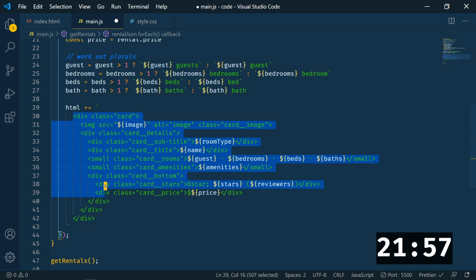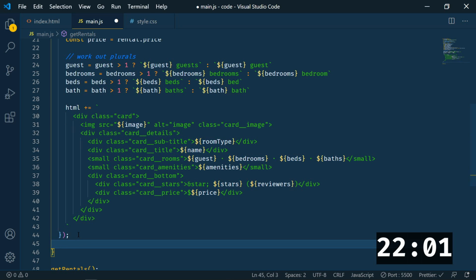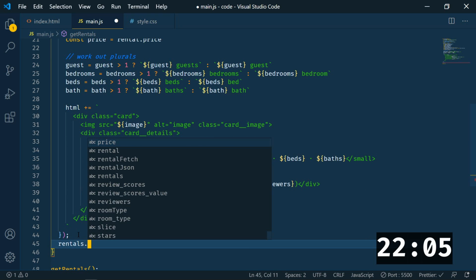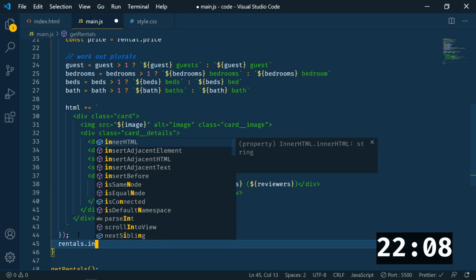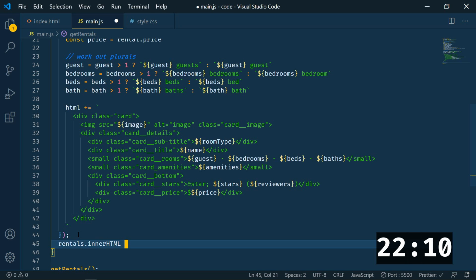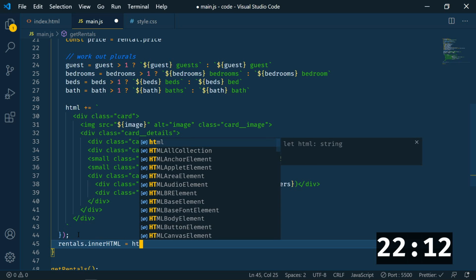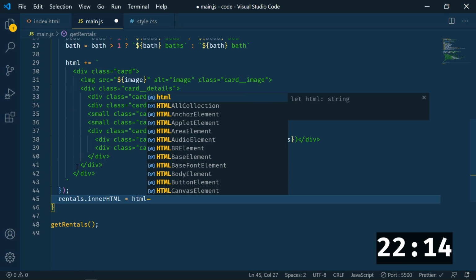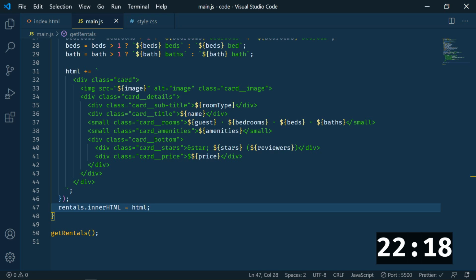All right, and so now that's going to loop through each one. It's going to create this HTML for each one. So after our loop, which is going to be right here, we'll say rentals, which is our rentals element, and we'll say innerHTML, and that is going to equal our HTML. That should be it. Let's save that, and let's go over to our app,